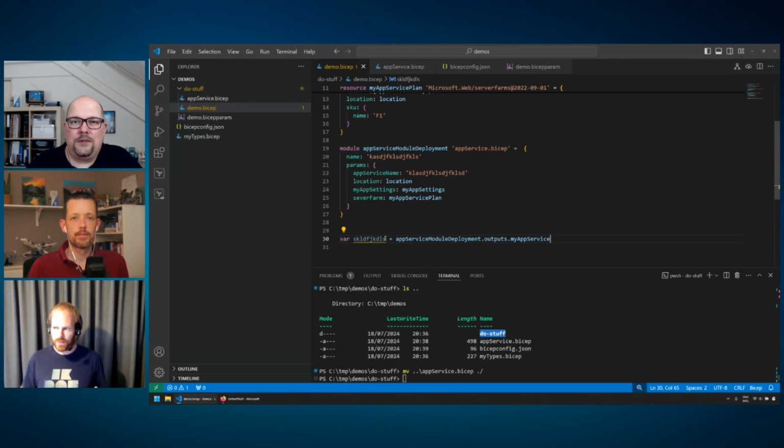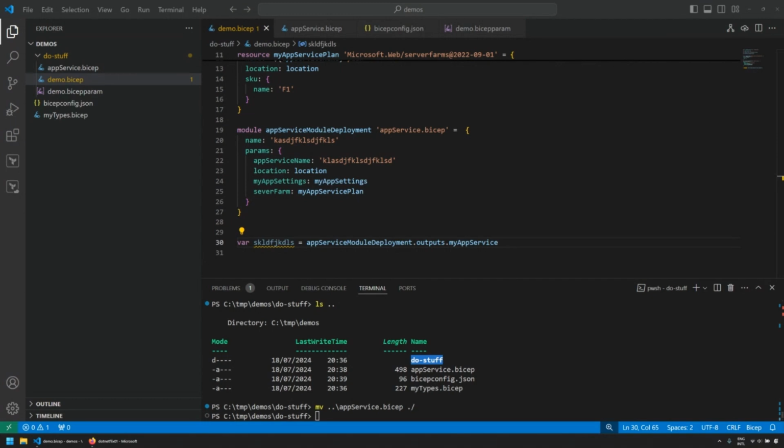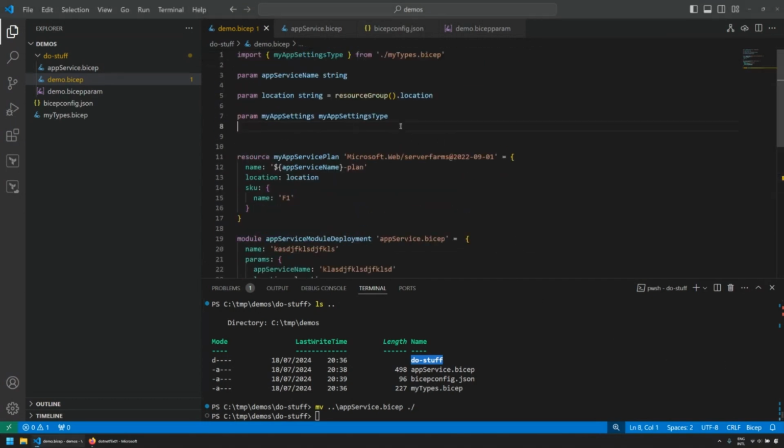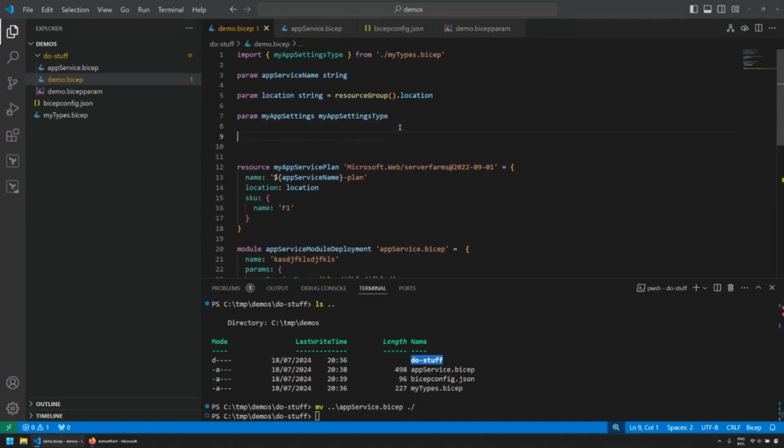Cool. So one of the things that I also wanted to show, not necessarily because it's incredibly big, but it can be so handy, is user-defined functions. For example, I can create my own functions using the func keyword, and I'm going to say generate URL.